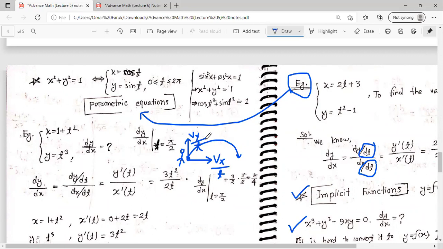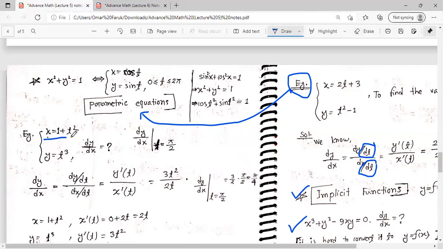So you can see here we have two functions, like y squared and 2y, or x squared and 2x. We have two functions, but they depend on the same variable, t. So for example here,